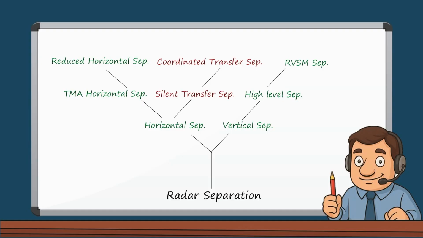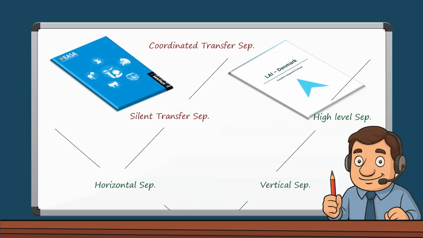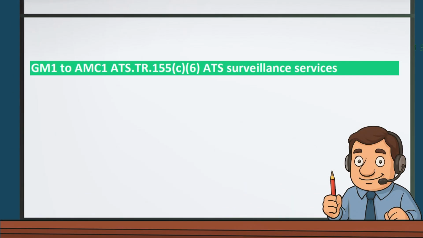So let's return to horizontal separations, because there are still a couple of branches to be covered. This is in regard to handing over an aircraft to another controller. It's sort of a route separation, and it is a legal separation requirement in accordance with both EASA and local procedures. You see, guidance material to Part ATS Tier 155, as well as our LAIs and LOAs, explains nicely that